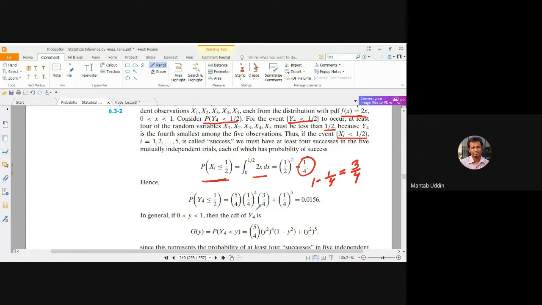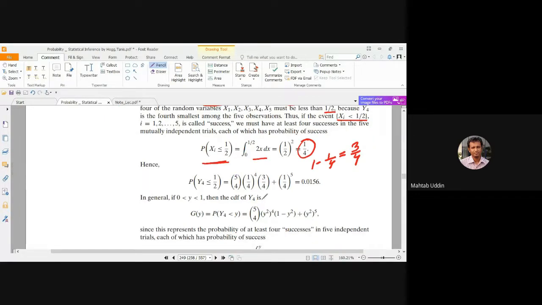Then at least 4 less than half is the probability using the binomial theorem. But if you try this every time, then it will be clumsy. So we'll follow some formula. What will follow? We'll follow the formula. Okay. এখানে কিছু ফর্মুলা দেওয়া আছে, যদি এরকম হয় আমরা কিভাবে এটা করতে পারি সেটা আমরা এখন দেখব।